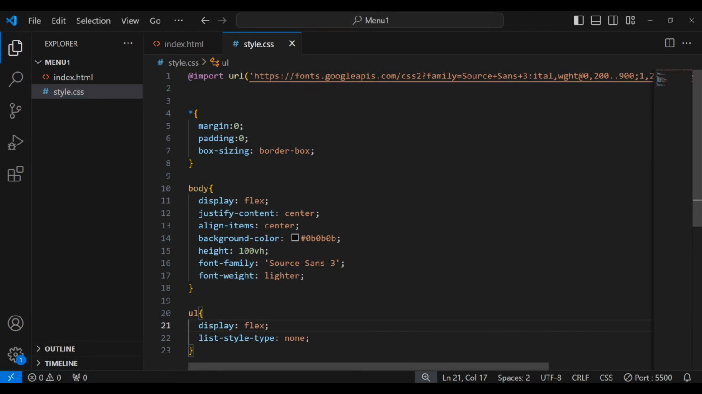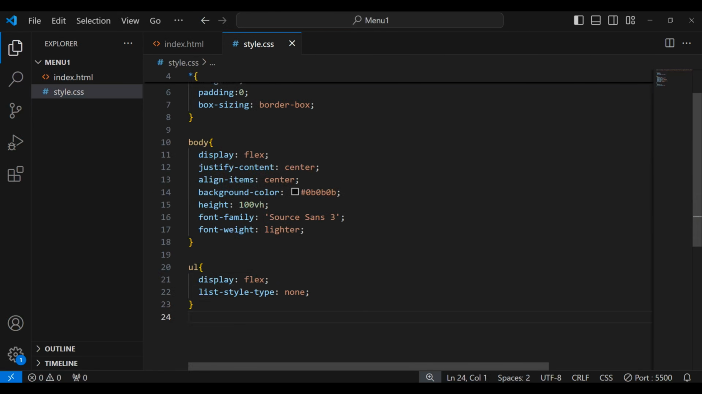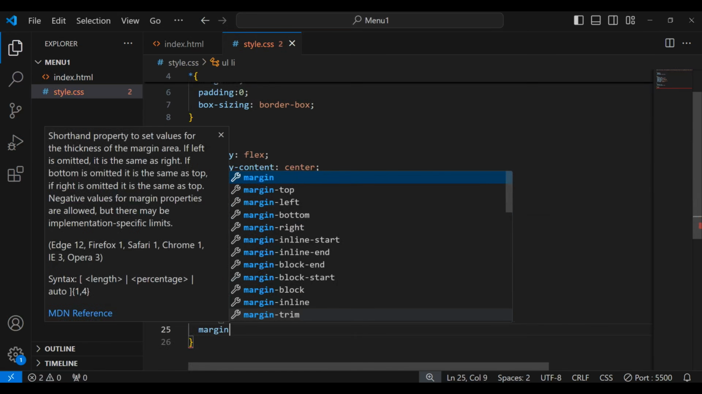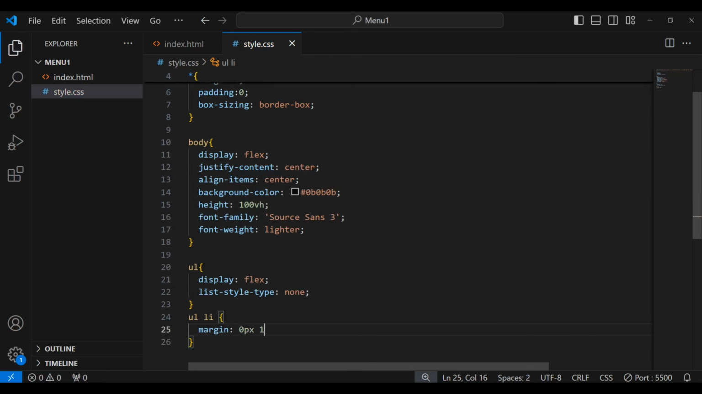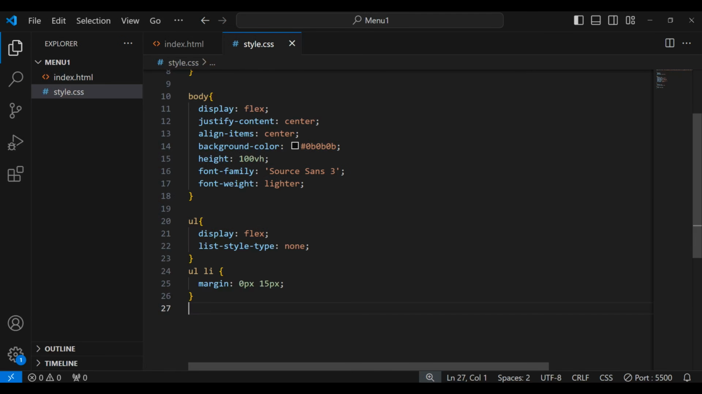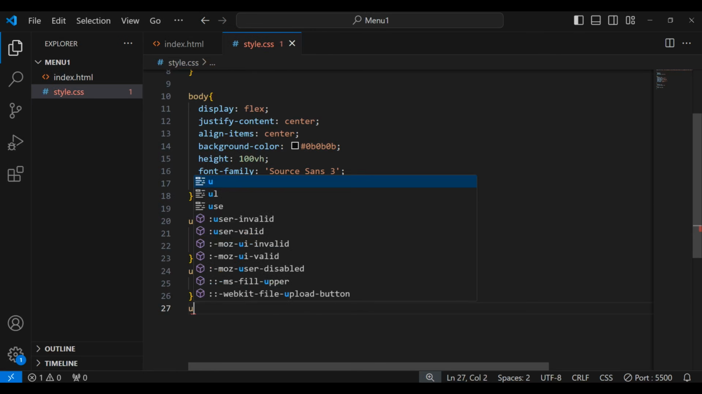Now let's add some space between them, okay, so what I'll do is that I'll come here and I'll take UL and then li, and let's write here margin 0 pixel on top and bottom, 15 pixel on left and right, okay. Now if I go to Google, yeah, now let's target anchor tag, so I'll write UL and then li and then a,